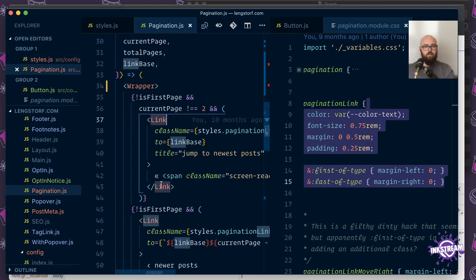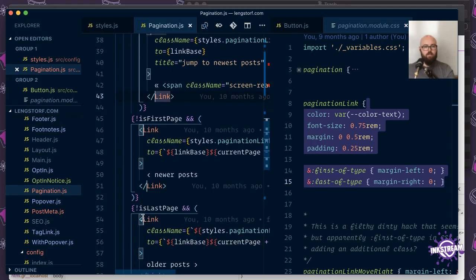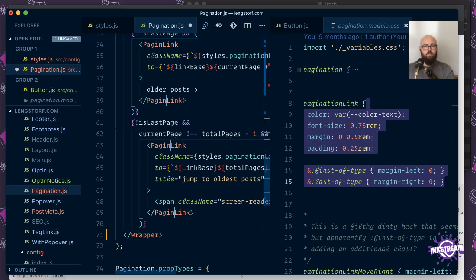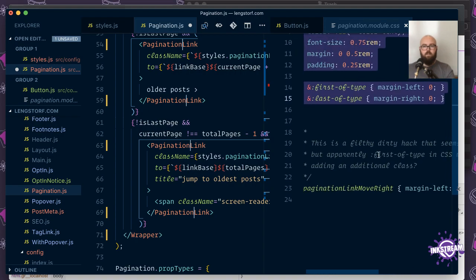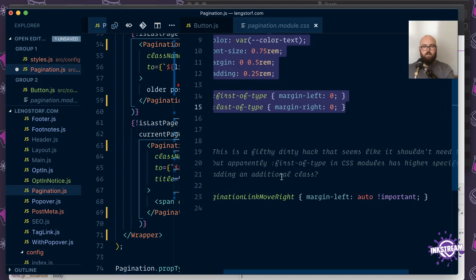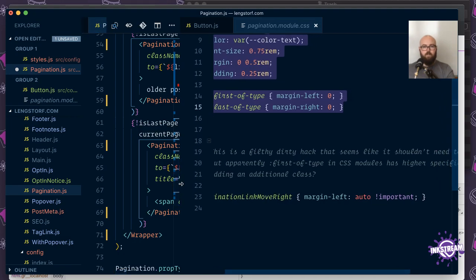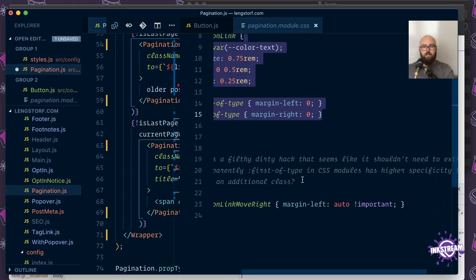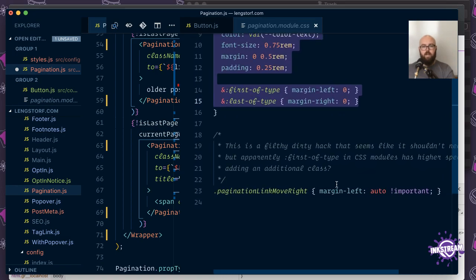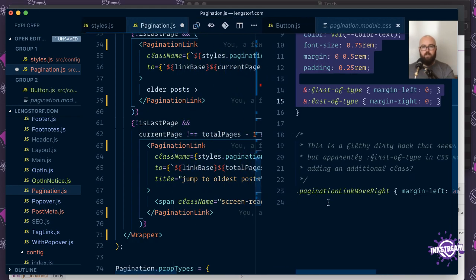Let's just maybe find all of these. Okay. And then let's see, what note did past Jason write to excuse his horrible decisions? This is a filthy, dirty hack that seems like it shouldn't need to exist, but apparently first to type in CSS modules has higher specificity than adding an additional class. Cool, so maybe we can actually get rid of that by,